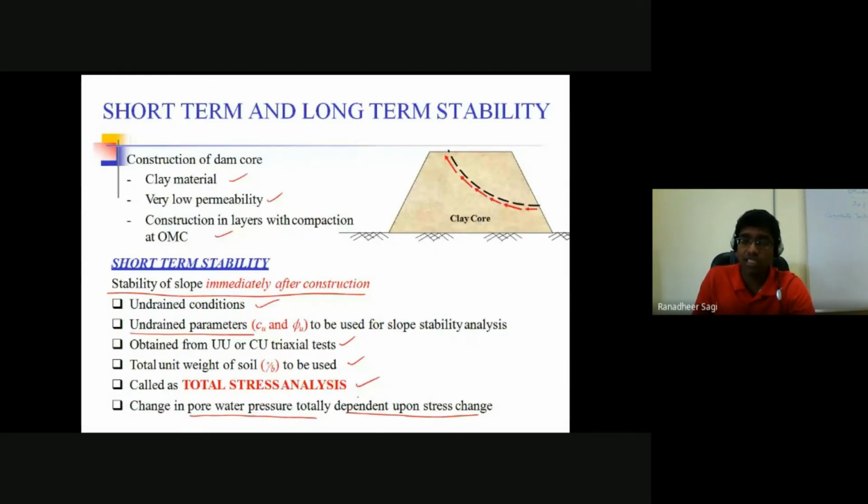In the long-term analysis, irrespective of how much stress you are trying to induce in the soil, as it is long-term, the consolidation process would have been completed in that soil. So the pore water pressures building up in the soil would be independent of the amount of stress increase, and would not replicate the change in pore water pressures in the case of long-term stability analysis.